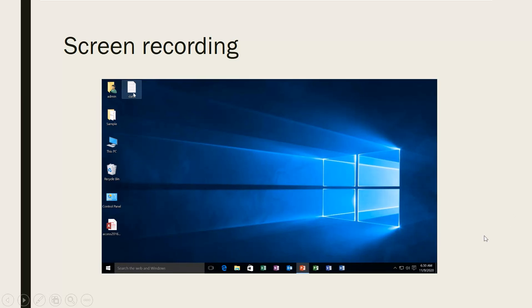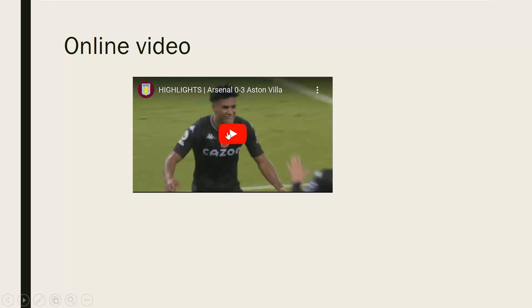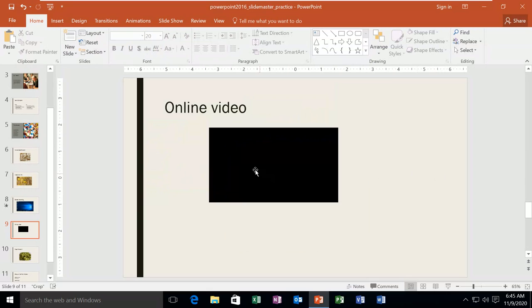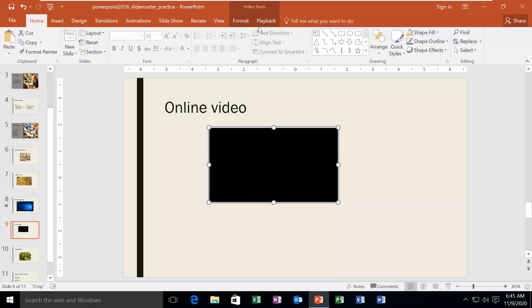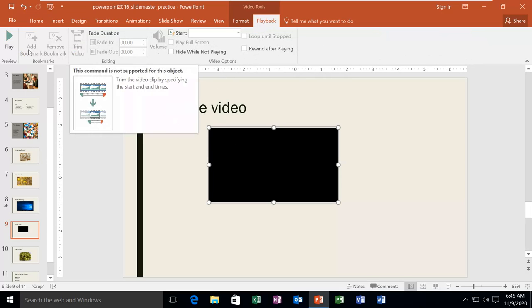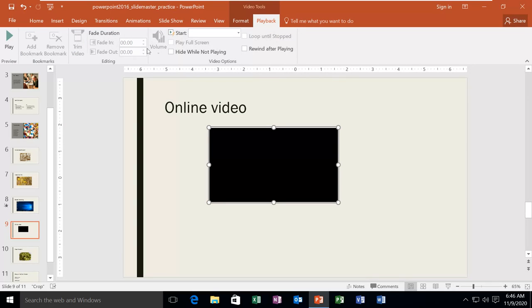On the other hand, if you have this online video, this will not play automatically. It will not show you anything. You have to double click it, or click it here to play. It does not increase the size of your presentation, but when you want to play it, you have to be connected to the internet. Otherwise, it will not play. And as you can see, when I select this one and go to the playback options, I do not have a trim option, bookmark option, fade in, fade out, and these other video options, because it is an online video.